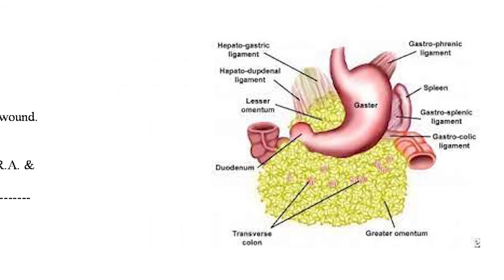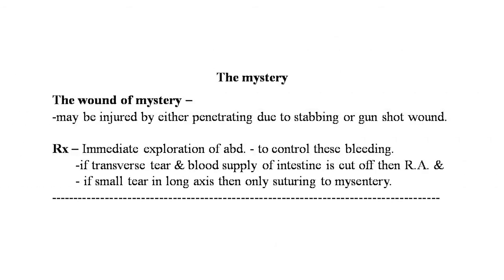Now the mesentery. The mesentery may be injured by penetrating wounds due to stabbing or gunshot. First we must see the clinical features. There is no special clinical manifestation of this condition. Depending on the rapidity of the hemorrhage, varying degrees of shock are noticed. Abdominal pain, tenderness and rigidity are almost always seen. Straight X-ray of the abdomen is not helpful in diagnosis.